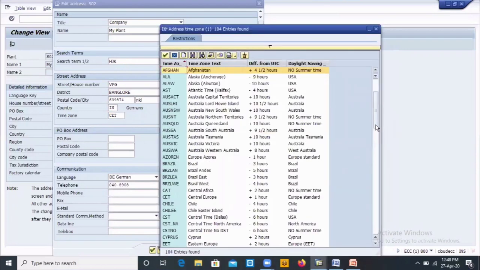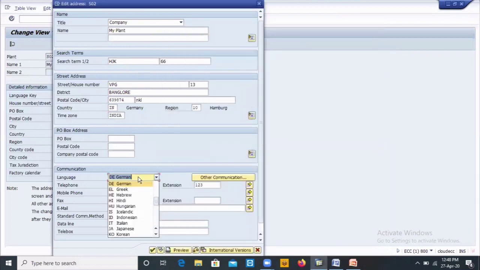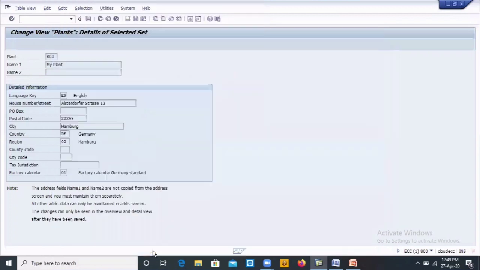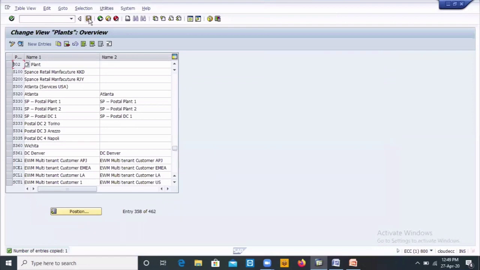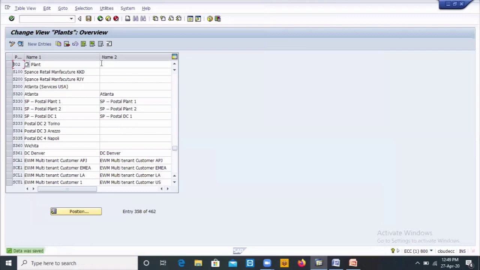Let's select the time zone. Here it is. Okay, the language is English. If you have the telephone number, you can give that also. Now save it. So data was saved.